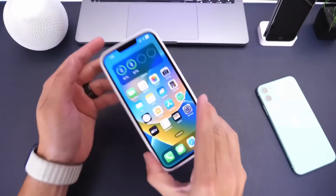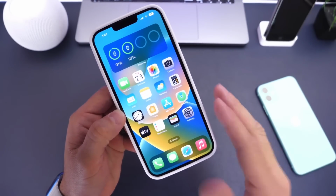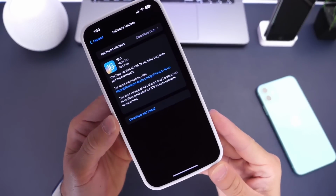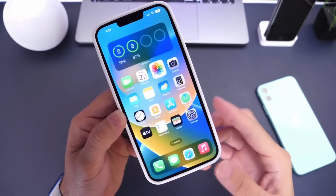Okay, so it looks like Apple is doing things a little different this year. I have some good news and some bad news that I wanted to share with you guys in today's video. But as expected, Apple has just released iOS 16 Developer Beta 7. And of course, in this video, we're going to take a look at what's new with the latest iOS 16